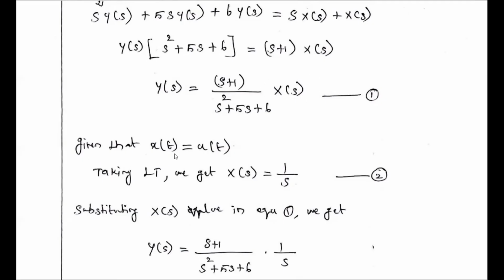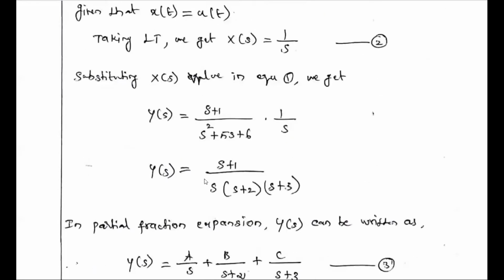Okay, so what is the given input? Here we have to find the unit step response. Unit step response means the response of the system for the input x of t equal to u of t. So the x of t is a unit step signal. Taking Laplace transform of this unit step signal, what is the Laplace transform of the unit step signal? In the second unit we solved it, so here no need to solve, only the answer we have to write. The Laplace transform of u of t is 1 divided by s. Okay, so the X of s value is 1 divided by s. So this X of s value we have to substitute in equation number 1.